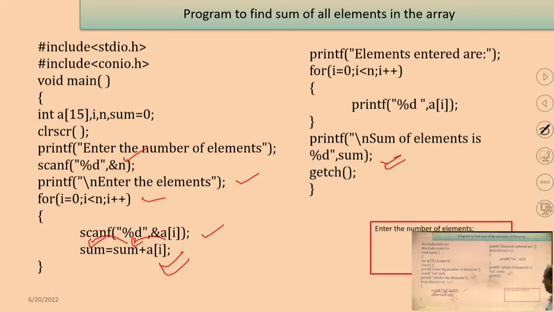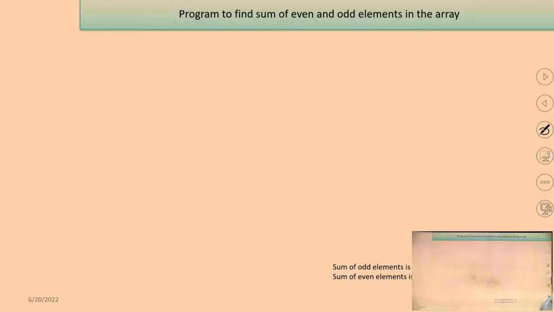Okay, now we have the number of elements 4, and the elements are 5, 7, 2, 6, then the sum will be 20. Okay, now